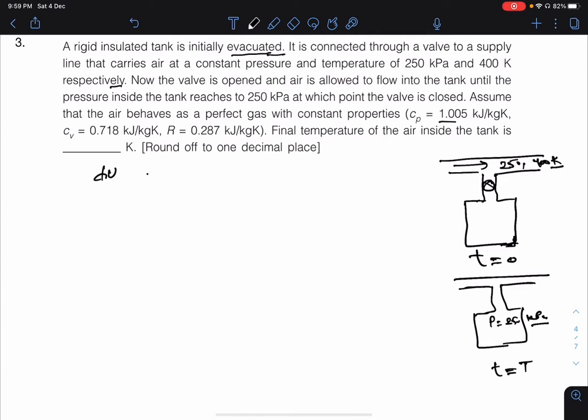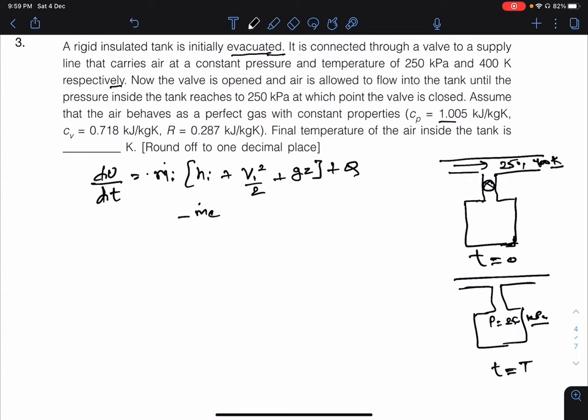So dU/dt is equal to m_i (h_i + v1²/2 + g z1) + Q minus m_e, that is all in mass flow rate at the exit, (h_e + v²/2 + g z_e)